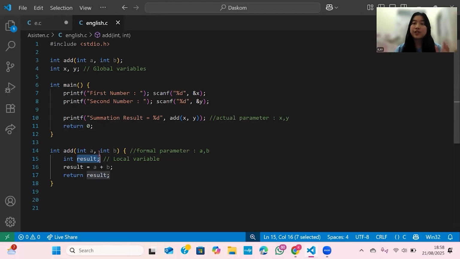A simple analogy is like a tool kept in your bedroom. You can only use it in that room, and once you leave, it's gone. Okay, we can try to use result in another function.